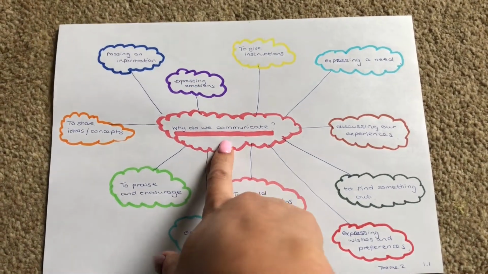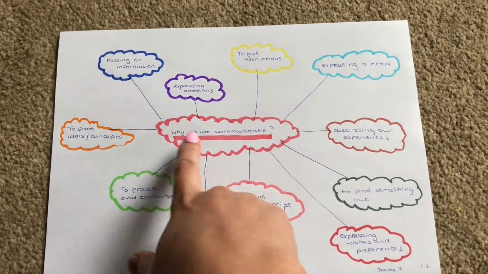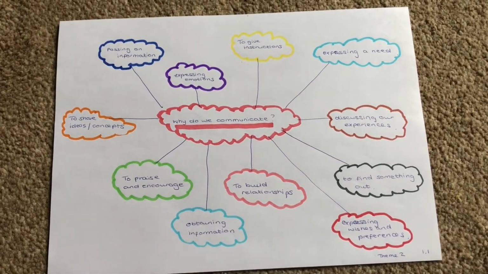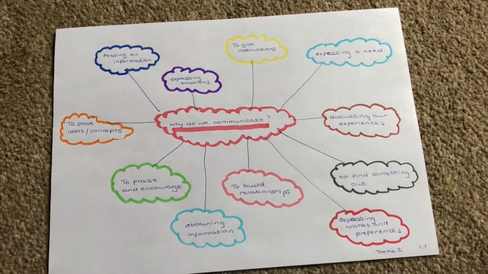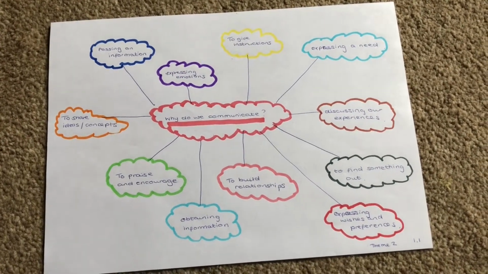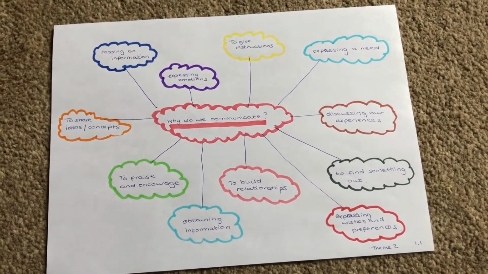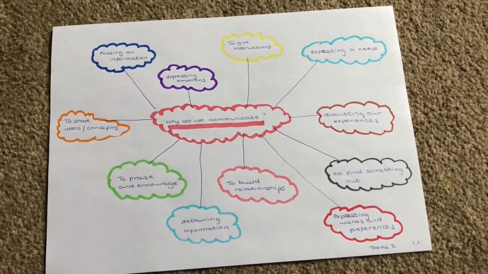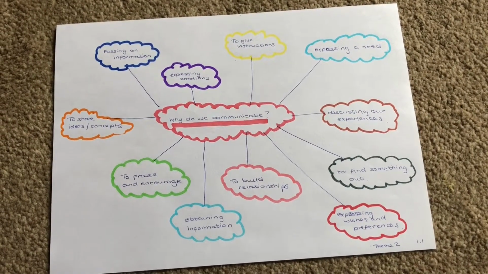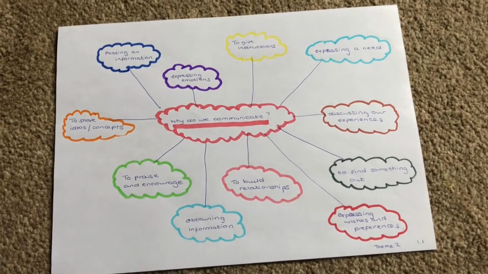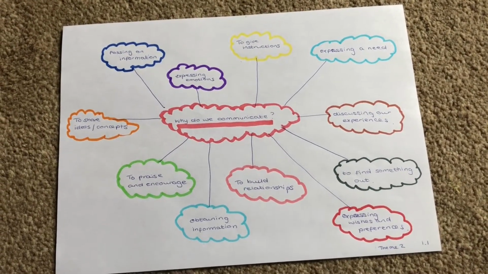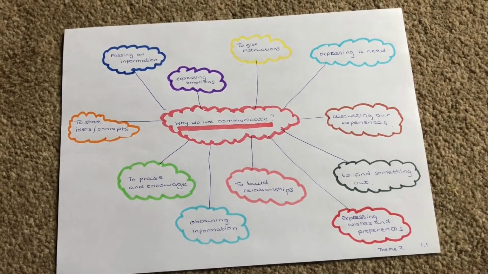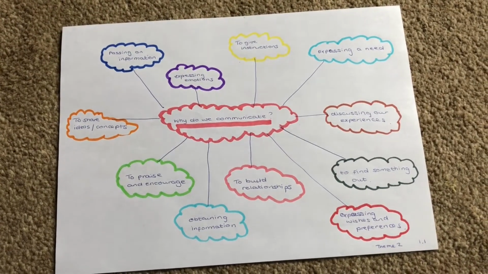So today we're looking at why do we communicate? And you might want to start by thinking about who we communicate with as early years practitioners. So we have our children, we have our parents and carers, we have our families, so our grandparents, we have childminders, we have other early years practitioners who we may need to communicate with, our colleagues. If you're working in multi-agency teams, there are other people who you may need to communicate with.